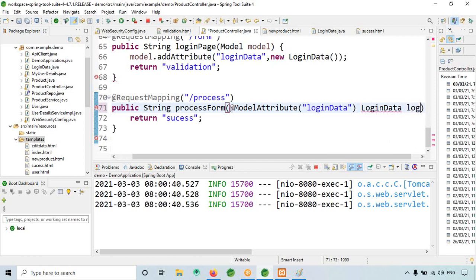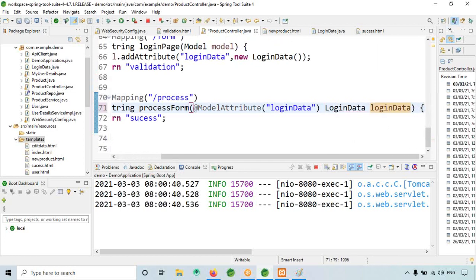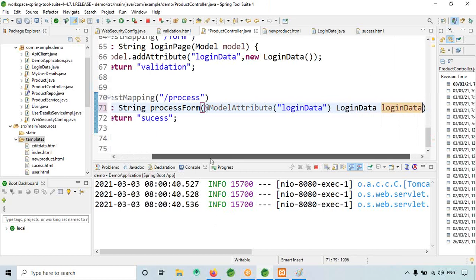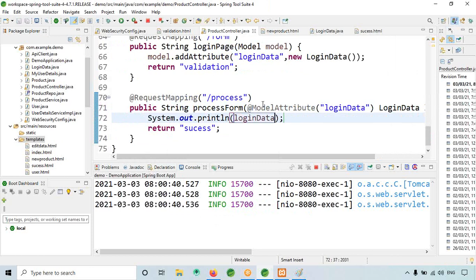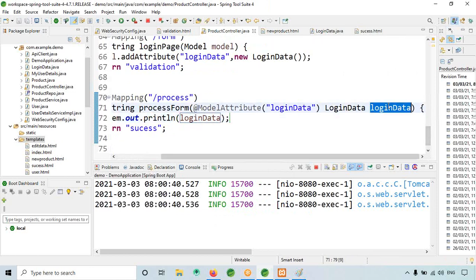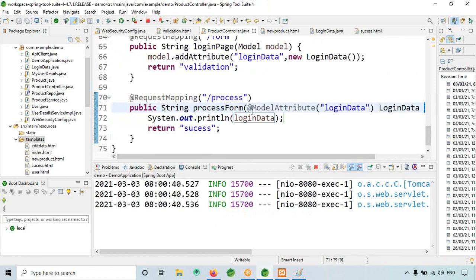Whatever I give, let it print in the console as well. So here I will give login data, let it print here. Okay, this is done.